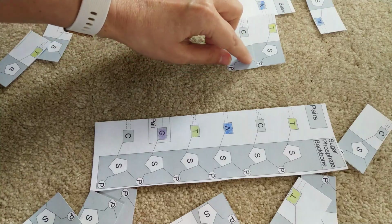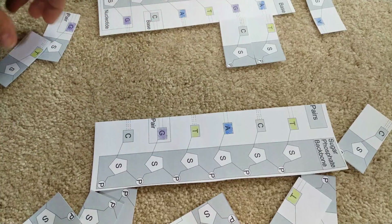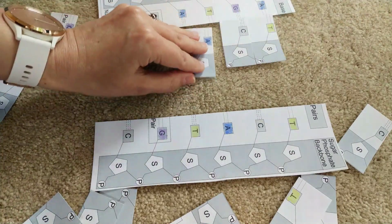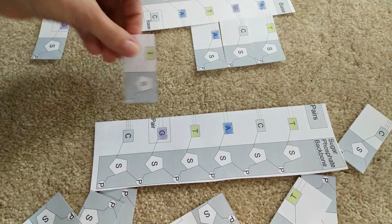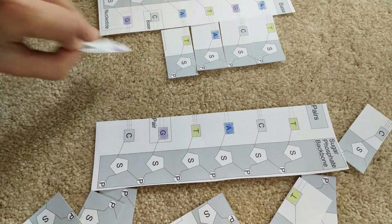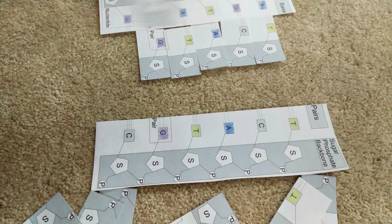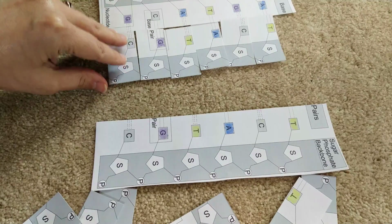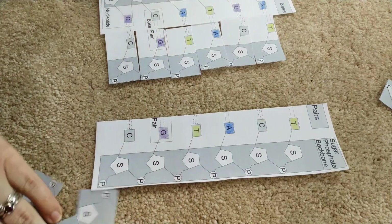There's a little machine that will bind the sugar to the phosphate. Now we need to pair up a T with its partner, which is always A. Then the A will pair with a T. This C will pair with a G. We've got one more to go. This C will pair with this G. Okay, so now we have this new strand of DNA, and at the same time this is happening on the